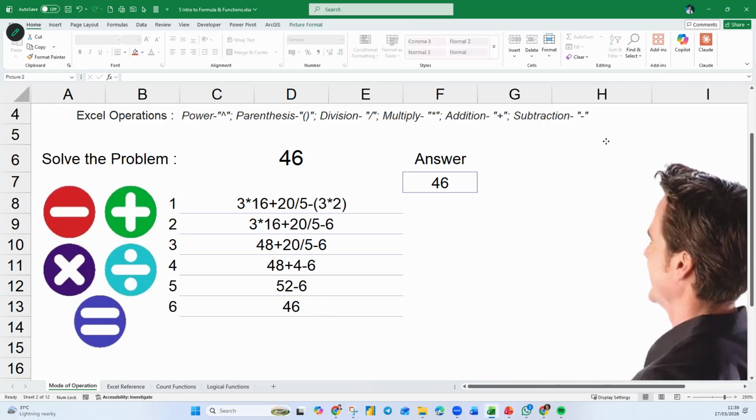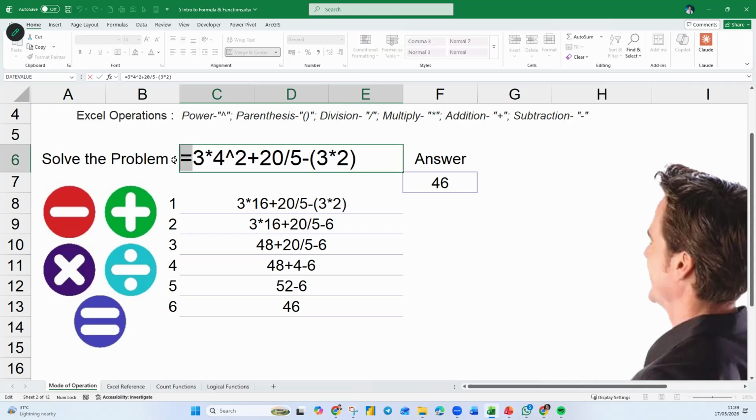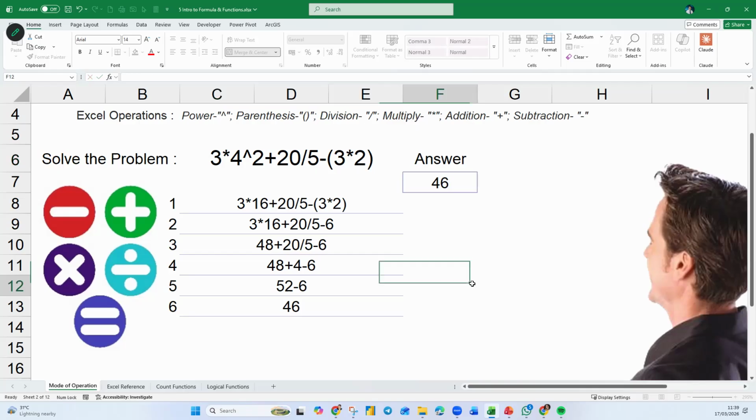So you have to follow the order of operation. If you follow the order of operation, you should be able to get the answer. So remember, exponential first, then followed by the brackets, whatever is in the parentheses. You can do the multiply or the divide first, whichever, but you cannot apply the plus and minus first. You don't do the plus and minus first.